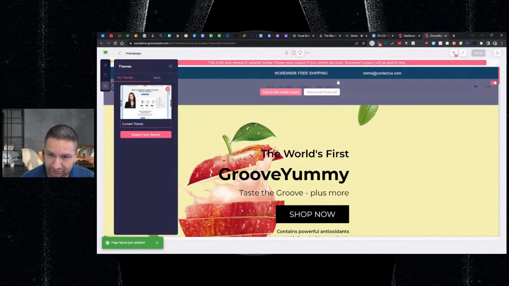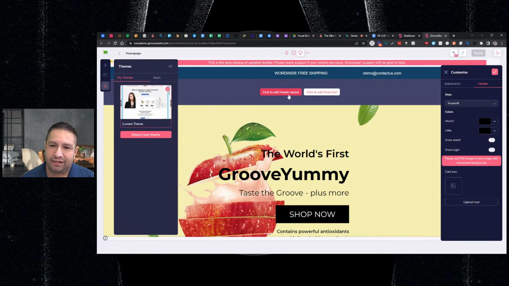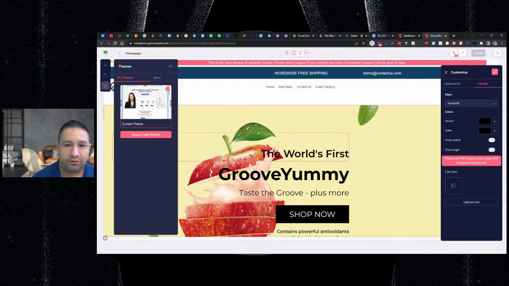Okay, so what does that mean? So if I edit this header and footer and the float cart, it will export with the theme. So let me give you an example. Let's say you're a designer and you design a beautiful theme. You can now export the float cart, the header, and the footer all together with the theme. Okay, so you can edit everything so it looks beautiful how you want it, and then you can